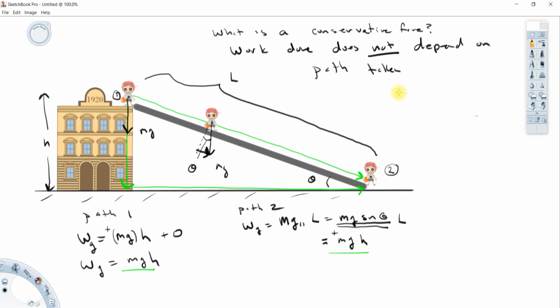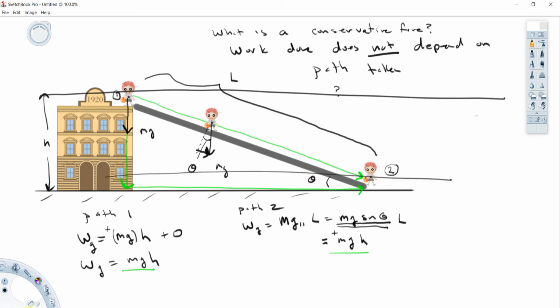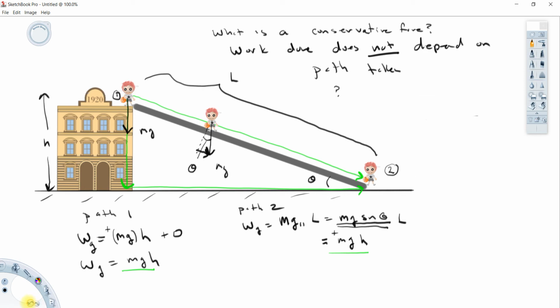So now, why is this so important here? Why do we care? Well, because when a force is a conservative force, it's going to allow us to do kind of a cool thing. Because we know that as long as Timmy starts here, in fact, if Timmy starts anywhere at this height, and then Timmy ends up anywhere at this height, then we'll know that the work done by gravity is going to be this mgh term. And what we're going to do is we're going to define a new thing called a